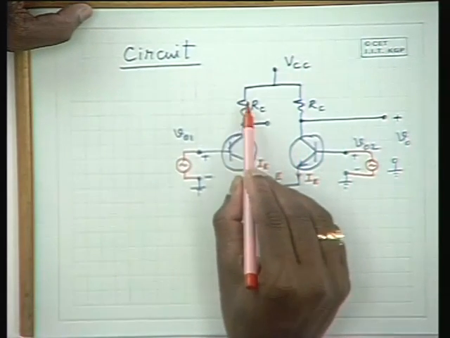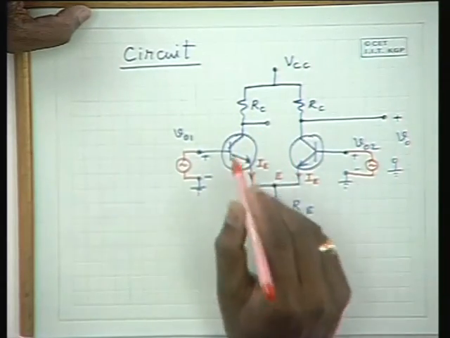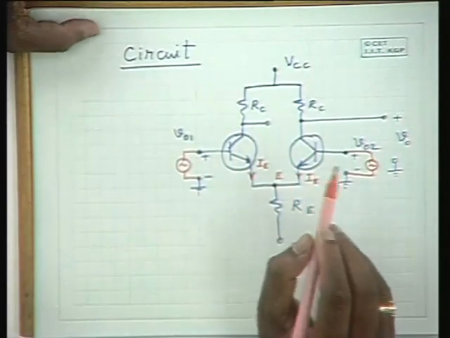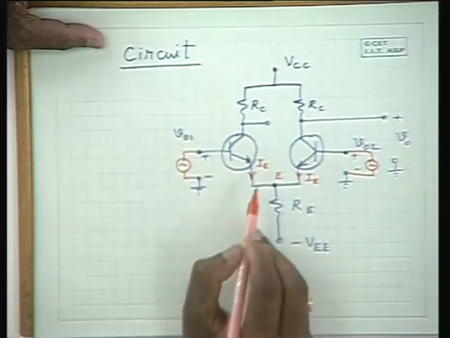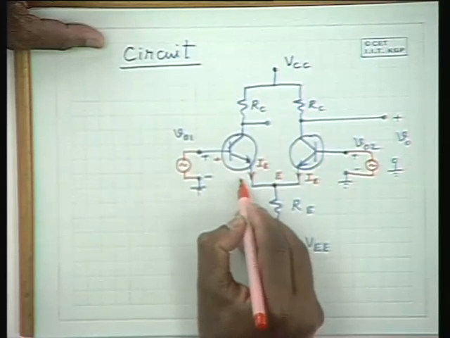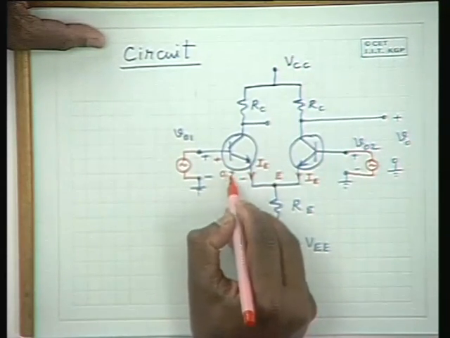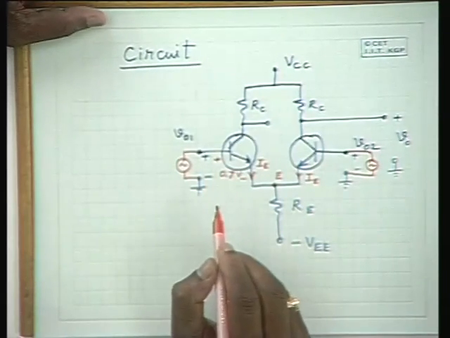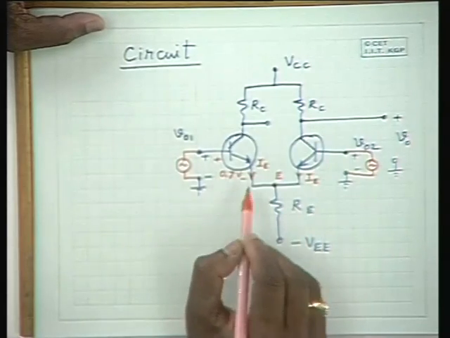With sufficiently low RC, it can be seen that the transistors are in the active region. Now, when the transistor is conducting, the base to emitter potential is of the order of 0.7 volts in the case of silicon transistors. So, let me call it VBE,